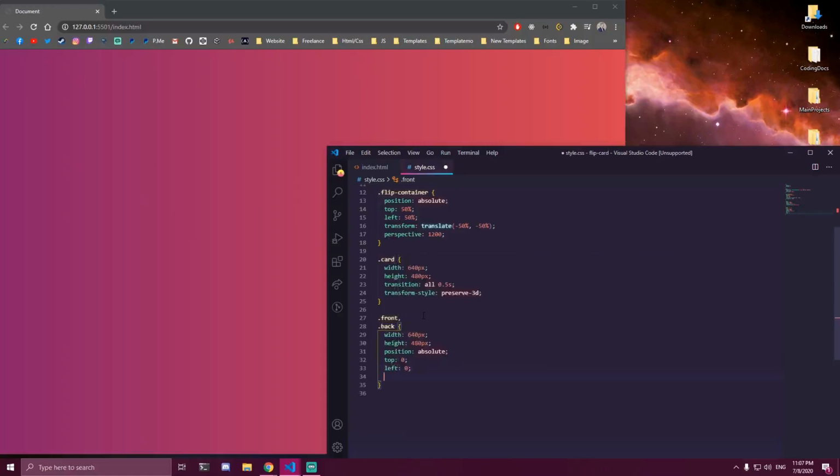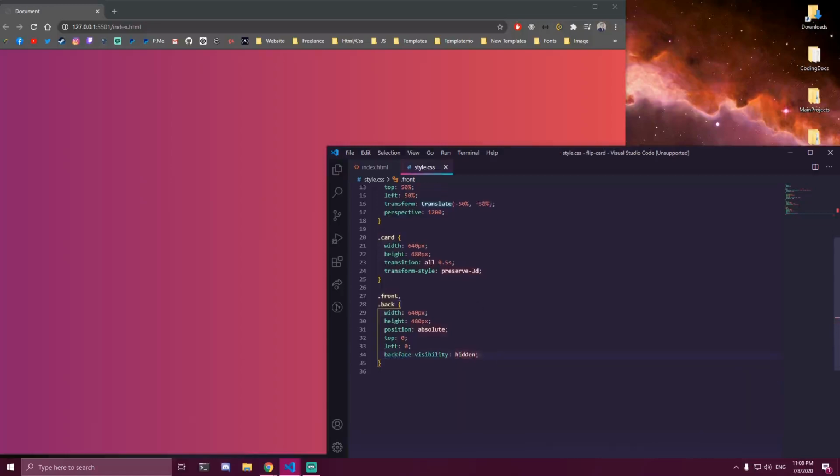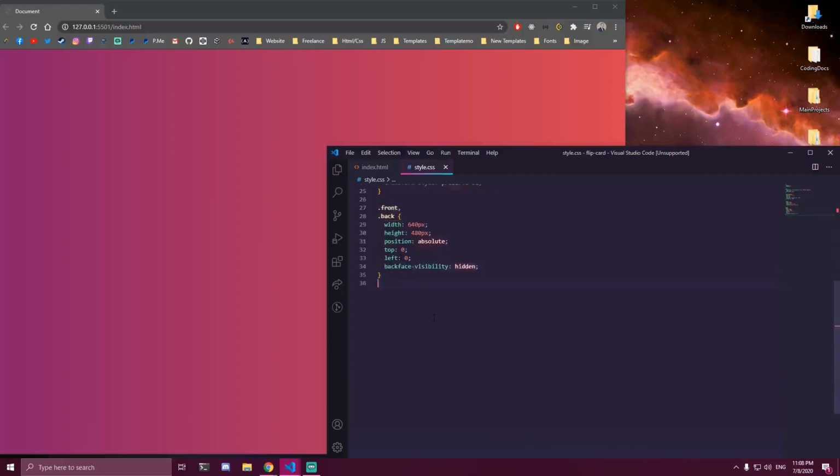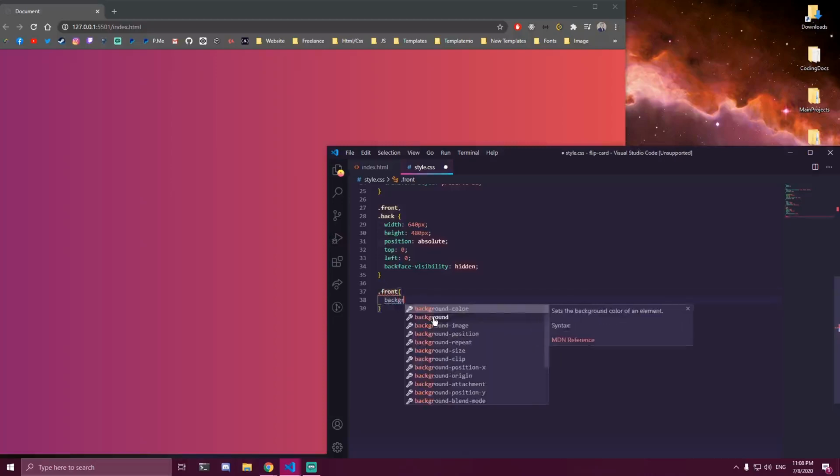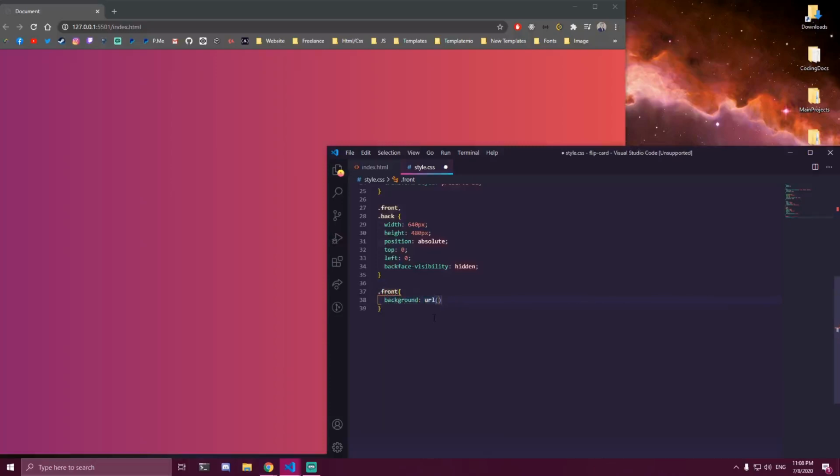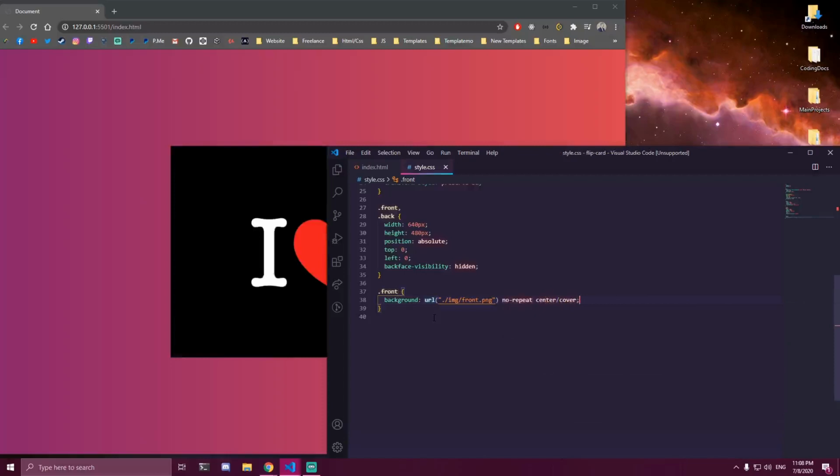And we want to add backface-visibility of hidden. And then the thing that's left here, we can target them separately now to add a background. So for our front image, we're going to add front.png. So there's our front card. And then for our back image here,